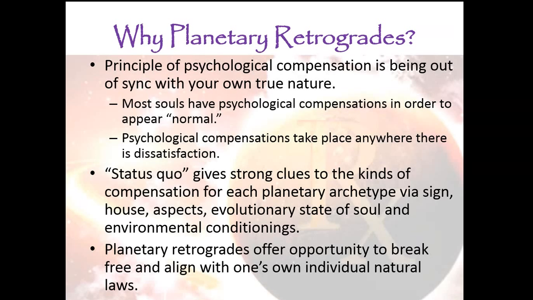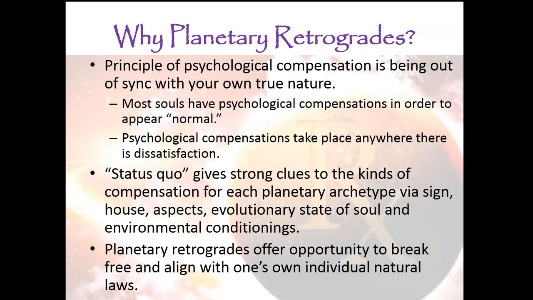We are trying to appear normal. We're trying to fit in. Well, those compensations will take place anywhere there's dissatisfaction, anywhere we don't have the courage to be who we really are. And so we look to the status quo of where we're going to be compensating through any planetary archetype,